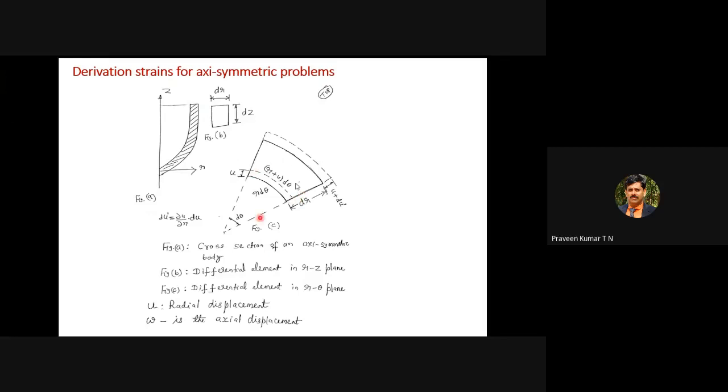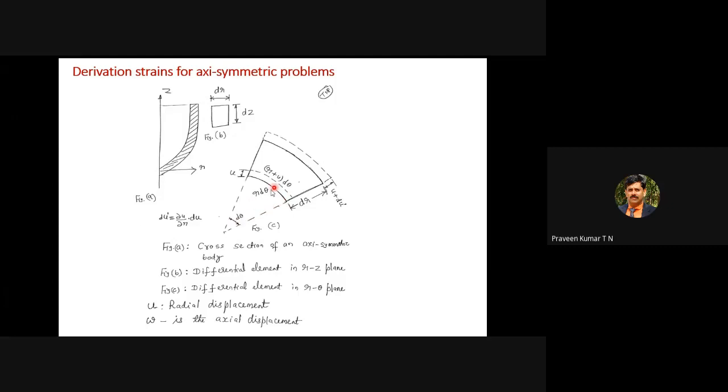If you consider the third diagram, it is the differential element in the r theta plane. This is the r direction and this is the circumferential direction. If you see from the top, we can see the thickness of the conical cooling tower. This is the hollow part. Imagine we have the brick structure here having thickness dr. This is the angle d theta, and this radius is r. Then this arc length is given by r d theta.